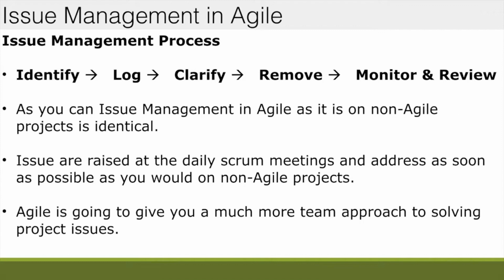What happens in Agile, though, is we do it at the daily scrum, right? We look at this at a daily scrum, we bring up the issues, and because they are project impacting and they are issues and they're occurring now, you're going to have the whole team rally around it. Right, the whole team will have a much better team alignment to resolve these issues because they are impacting the project than maybe traditionally where an individual will go off and try to solve that issue by themselves. So I really like that about Agile because it brings that team approach to it. But again, it's really, really important to understand that issue management in Agile and issue management everywhere else in the project management world, I believe they're identical.